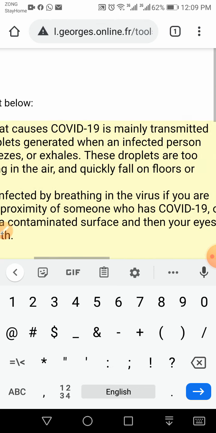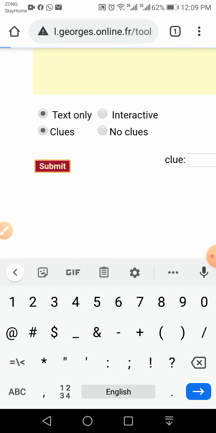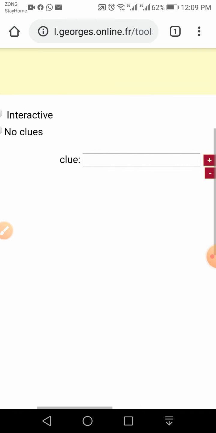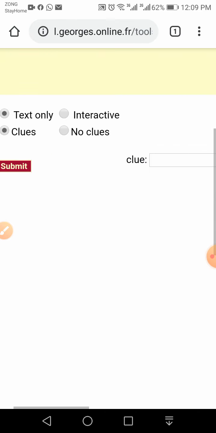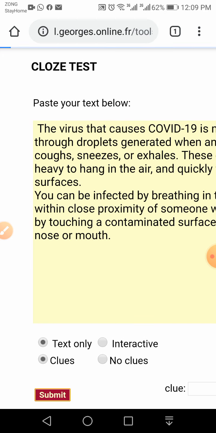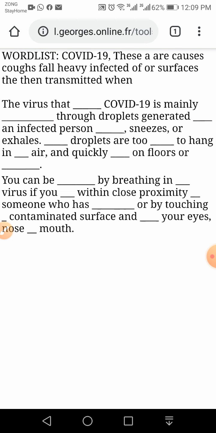Okay, and then let me click on it. So now I think the option was not given to me. Okay, no correct option was given to me. Yes, already this is selected. Okay, let me unselect it and select this one. Okay, so now you can see blanks have been created.